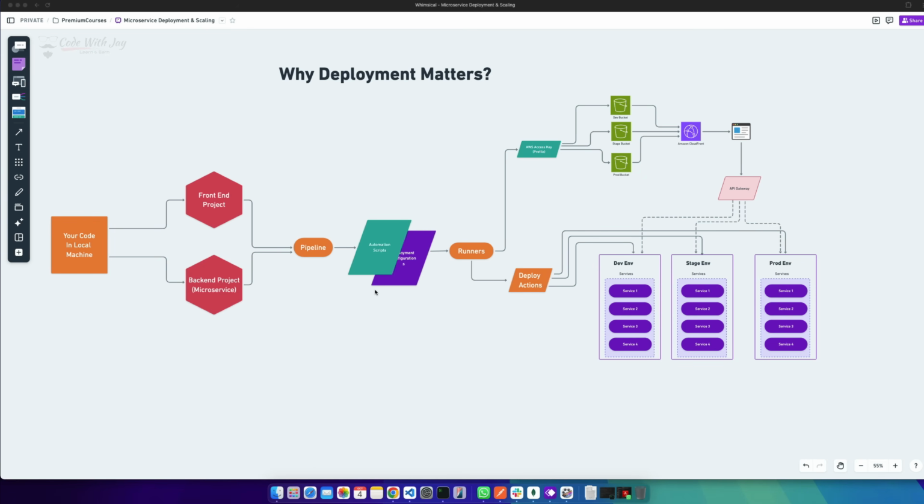Even if you are a beginner in software engineering or just kick-starting your career, you still need to understand why deployment is extremely necessary for developers, engineers, and architects. When it comes to building something, it's really cool. You can write your code and run it on your local machine. It takes a couple of minutes of work, and finally you can